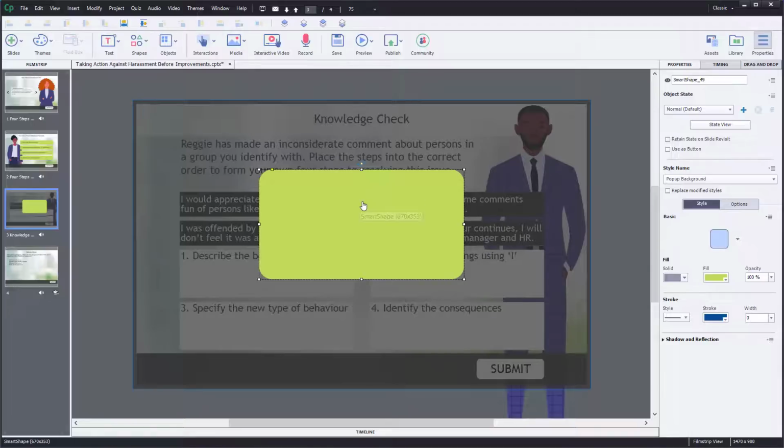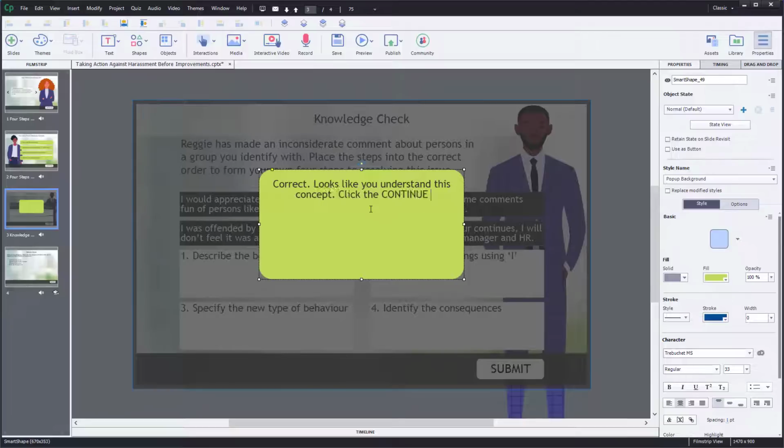Next, I need a message here. So in this case here, we're going to say the default message, which will be correct. Now there's an opportunity here, rather than creating another similar object, we can turn this into a multi-state object where the alternate message will reside. So I'm going to click on the plus icon next to my object state here, and we'll call this one